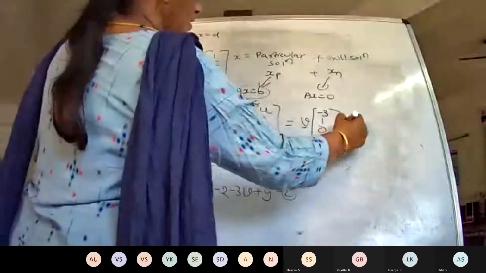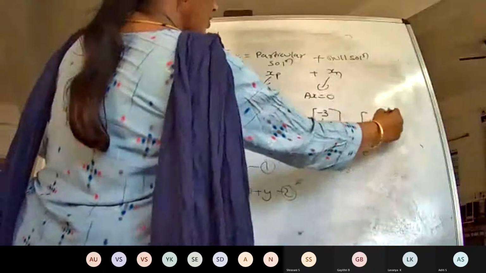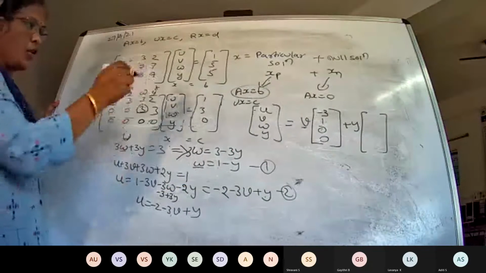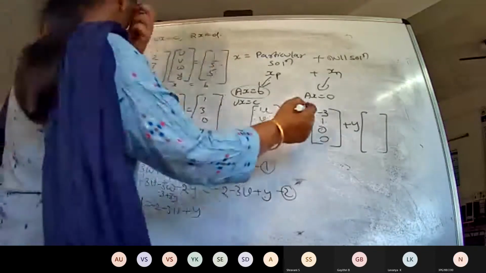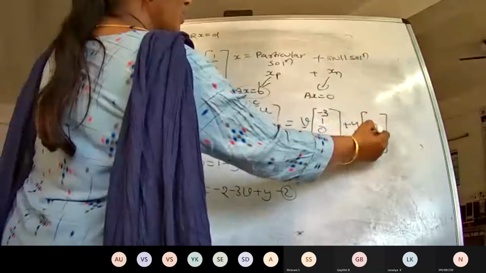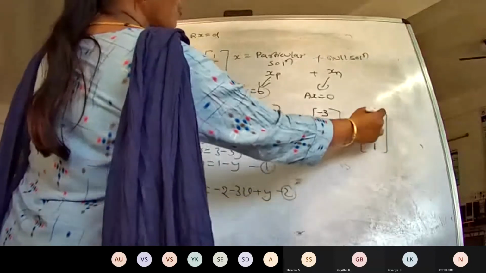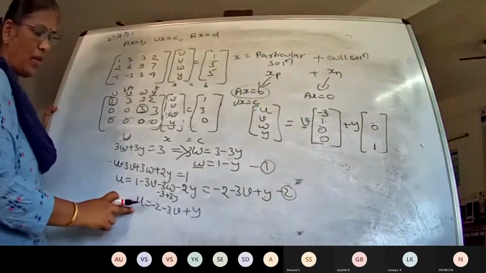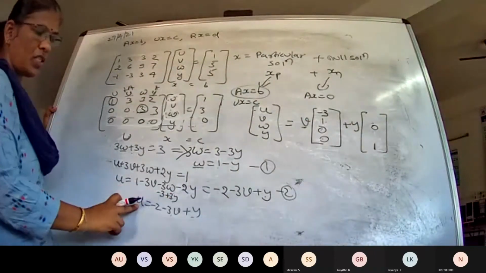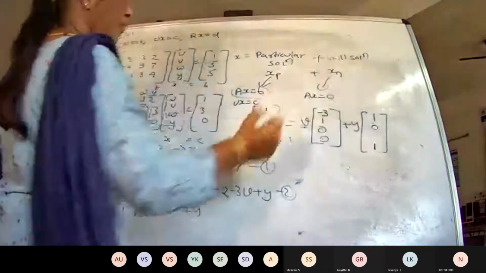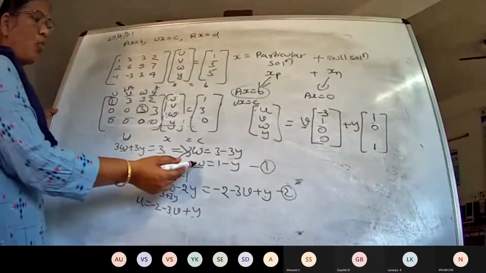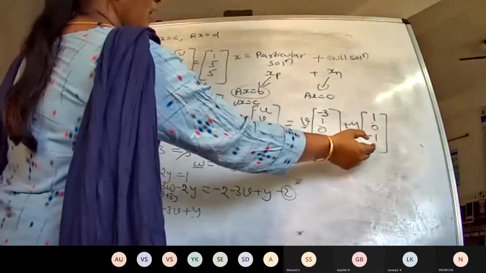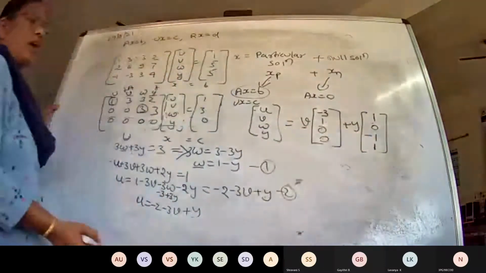So plus another free variable, that is Y. What is the coefficient of Y in U? Again U, V, W, Y only. So first, for the free variables V and Y, V will be 0 and Y will be 1. Writing for U, what is the coefficient of Y in U? See here, it is 1. The coefficient of Y in the equation U is 1. And the coefficient of Y in W is minus 1. And in V it will be 0, and for Y it will be 1. Understood?